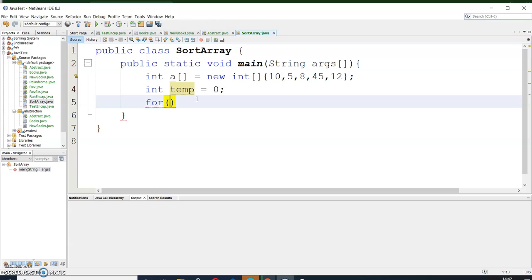For int i equals 0 and i less than equals a dot length. So a dot length method, what does it do? It will calculate the length of the array. So i plus plus, and then